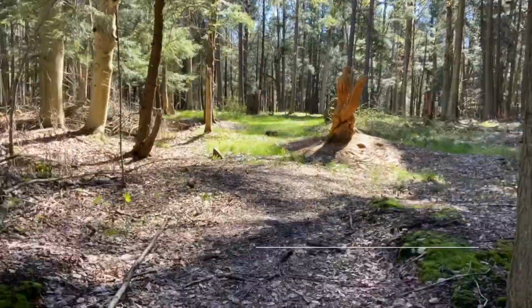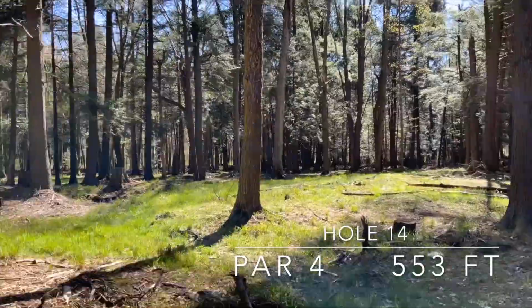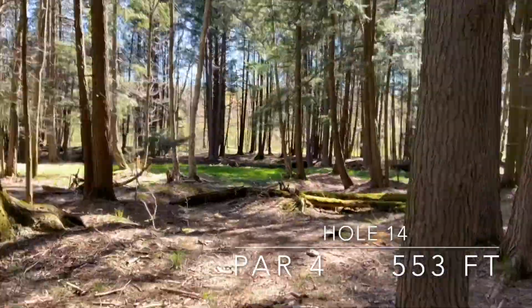So, sitting even, that's not bad after that stretch. You kind of wanted to get 13, right? Definitely wanted to get 13. Yes. Another one that is a beast, par 4,